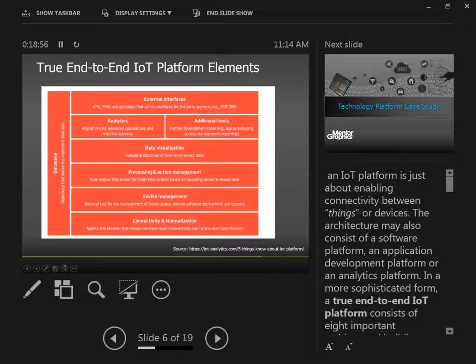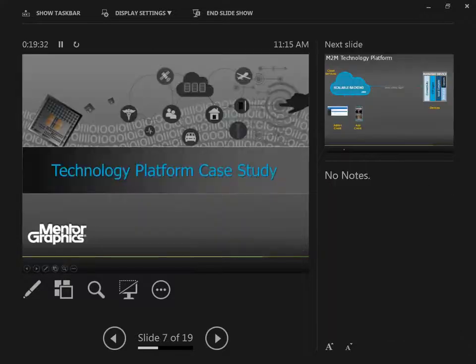External interfaces, finally, it's basically integrating with third-party systems and the rest of the wider IT ecosystem via built-in application programming interface, so APIs, software development kits, SDKs, and gateways. External interfaces should actually be integrated as part of the IoT platform, and a good example would be, for example, again, as I said, the if this then that, where you're basically just communicating with the devices via interfaces that can be integrated into an IoT platform. So with that said, I will move to the case study, and I will let Emmanuel proceed in this part of the presentation.